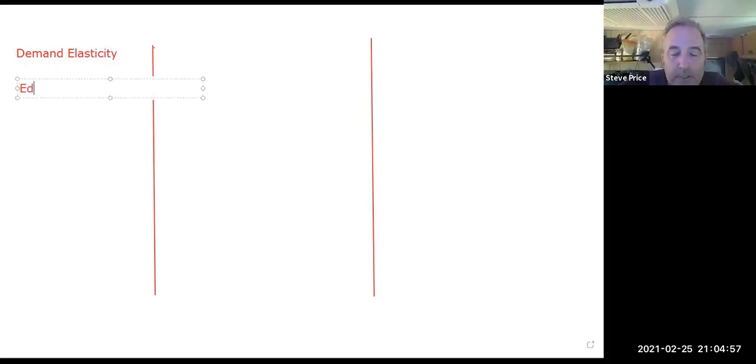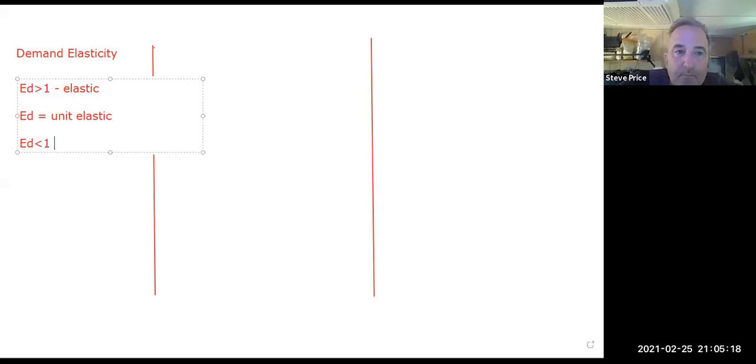And E sub D greater than 1 equals elastic. E sub D equal to 1, unit elastic. And I know we just wrote this, but this is going to be helpful for us to compare different types of elasticity. If elasticity of demand is less than 1, inelastic. And then why does this matter? It matters because correspondingly, if E sub D less than 1,